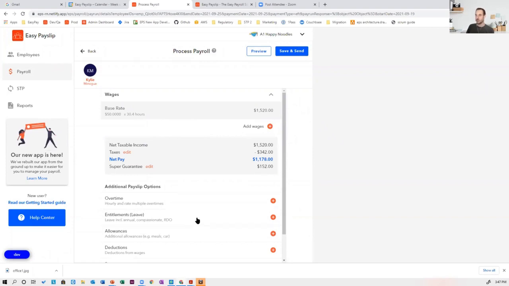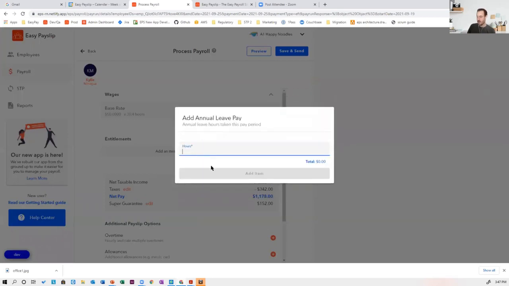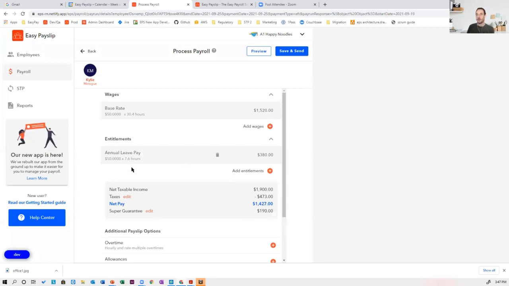I then come down to entitlements and I say annual leave pay. And I enter 7.6 hours there. And I click add. Now it automatically uses Kylie's base rate to work that out. So it's reduced normal wages by 7.6 hours, and it's included 7.6 hours of leave.